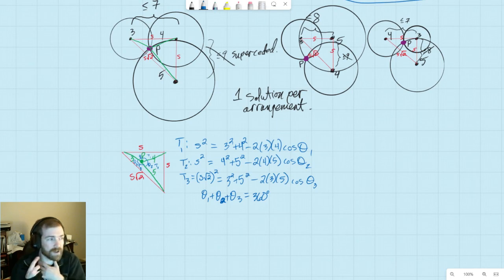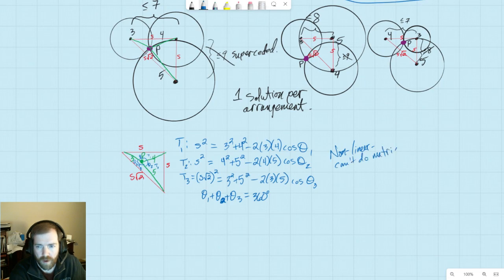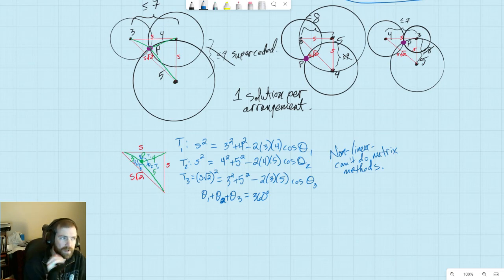Alright, this is nonlinear, so we're not going to be able to do matrix methods, because it's not linear. That being said,